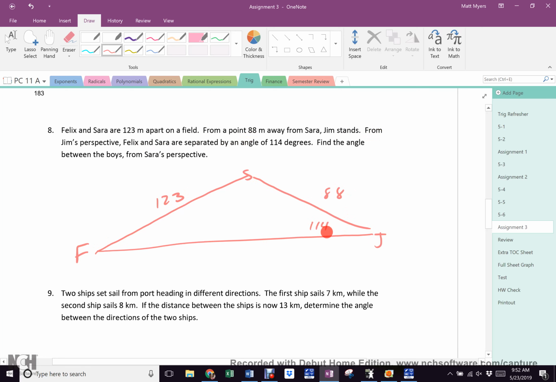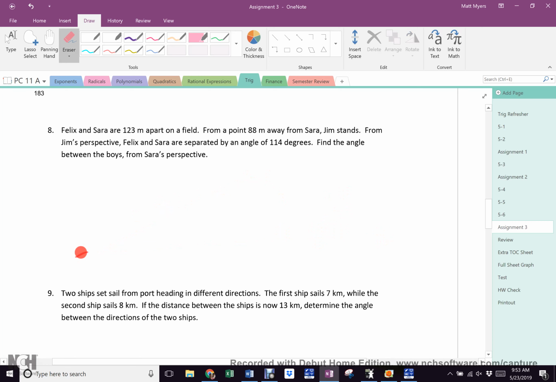Now, is this triangle the real-life triangle? No, of course not, right? Because I started drawing before I read the whole question, like all of you do. So if you start drawing before you read the whole question, you end up with something that doesn't look right. Does that matter? No, you just keep doing it, right? Because, now, what you should have done was looked at it and said, okay,